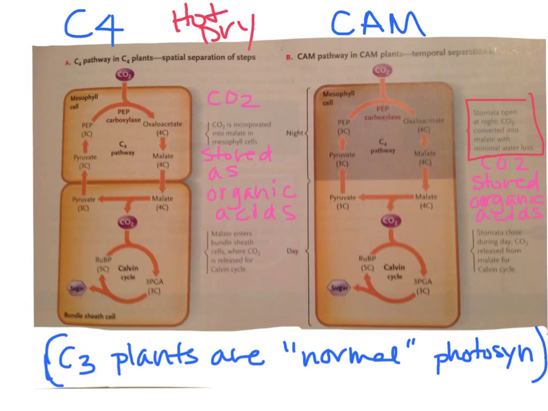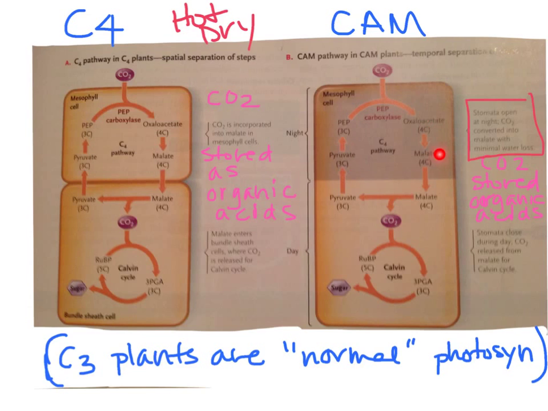Well, what these plants do is only open their stomata at nighttime when they're not going to have a lot of water loss, minimal water loss. They then convert the CO2 into organic acids, right? Like malate in both cases. Now, the difference between a C4 plant and a CAM plant is just this all happens in one mesophyll cell,